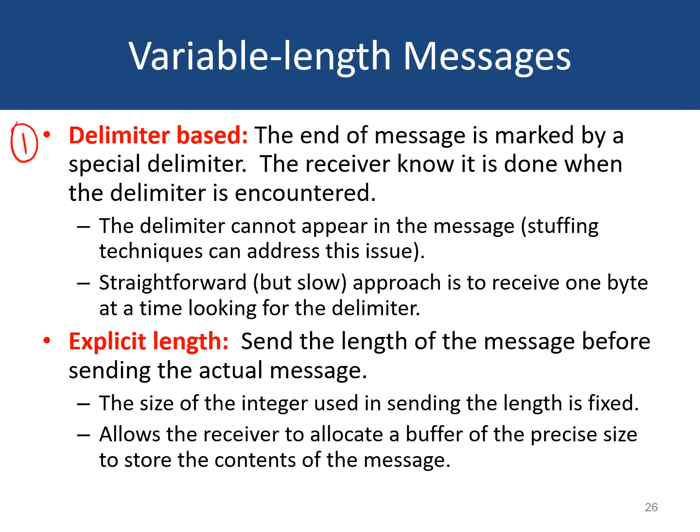The first thing we can do is, the end of the message can be marked by using some special delimiter character. Whenever the receiver encounters this special delimiter, the receiver will know that the message has completely arrived. Now a few things here. First of all, the delimiter which is being used to mark the end of the message should not appear as part of the message, otherwise it will confuse the receiver. So for instance, if we are sending ASCII characters, the null character can be used as a delimiter, right? So this is our null character. This is a possible candidate as a delimiter. There could be other candidates.